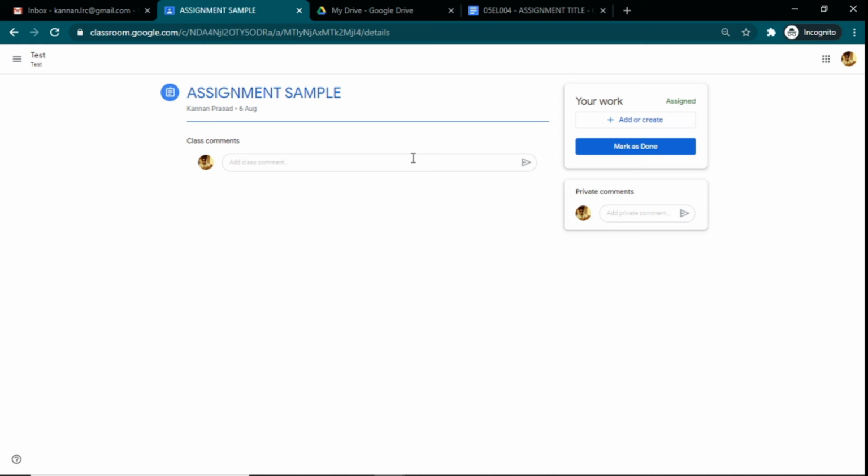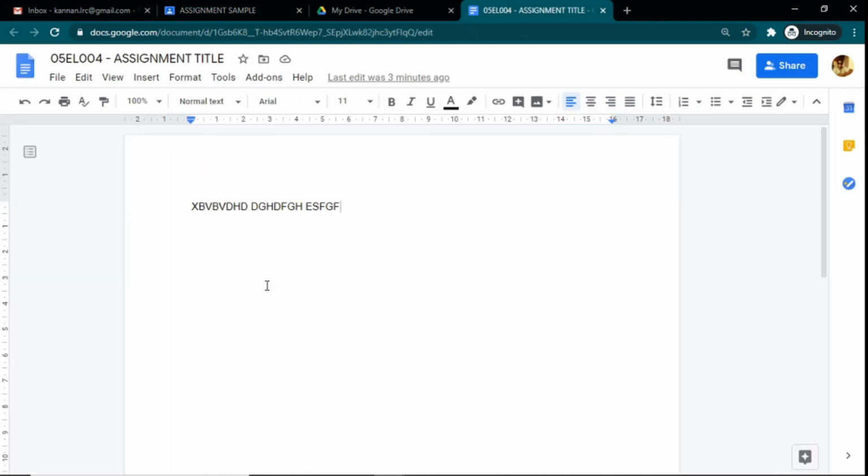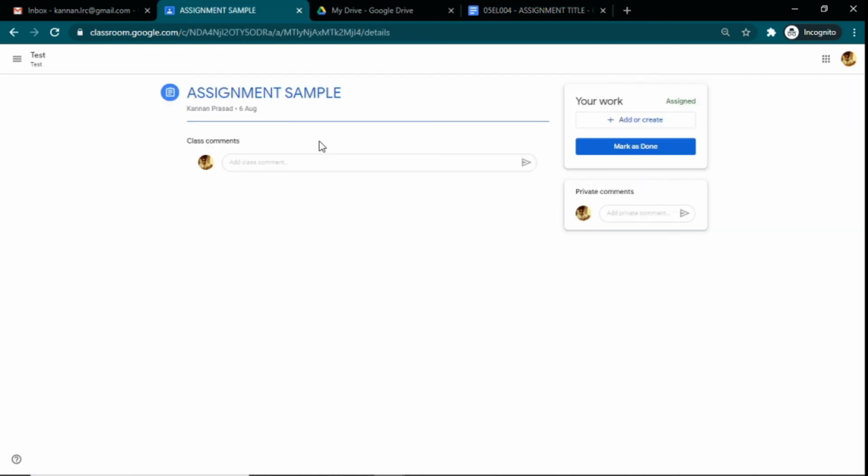So what you could basically do is your work. It is very user friendly. It tells you everything you need to know. It says your work, right? So this is where your work has to be submitted. It says add or create. Okay. So if you have to create, you don't have to go to Google Docs, open a new blank document, change the file name, and then do those things. So if you click on it, you will get an array of options.